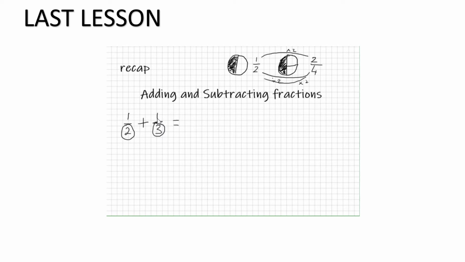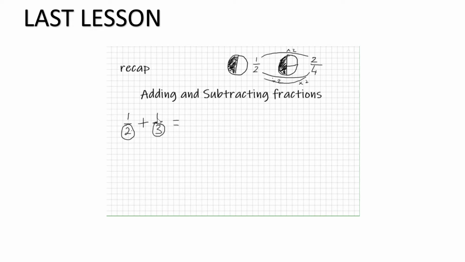2 times 2 is 4, or 1 times 2 is 2, or 2 divided by 2 is 1. Whichever way it goes, the value is going to stay the same. So now we have to change these so that they look the same. What I want to do is turn these into 6s, because I'm thinking if I multiply